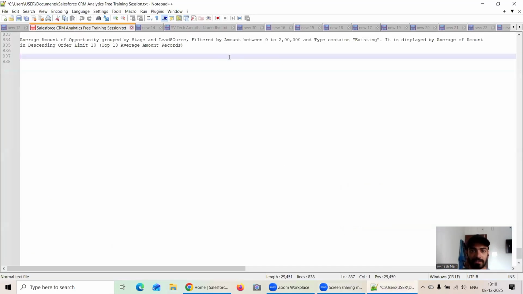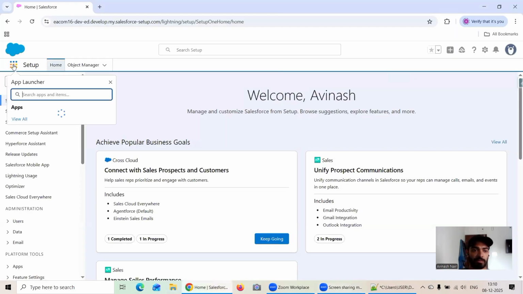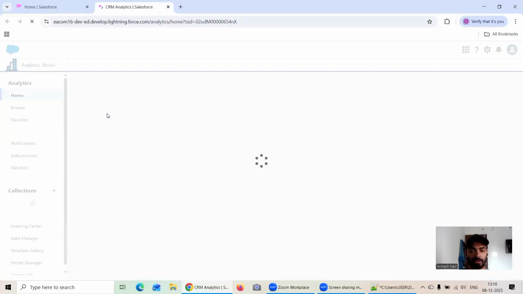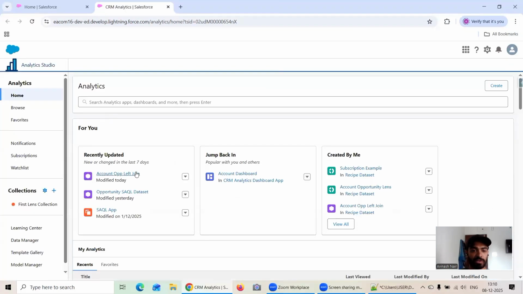Now in the last session, we were doing this part, average amount of opportunity. So let me do one thing. Let me first manually create that very quickly where we left off in the last session. We will write the code as well, and then we will cross check and move to the next one. So we are dealing with this one. Here it is written